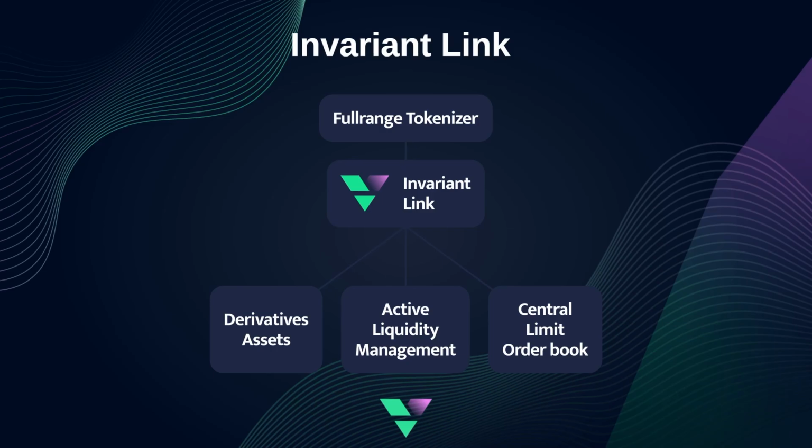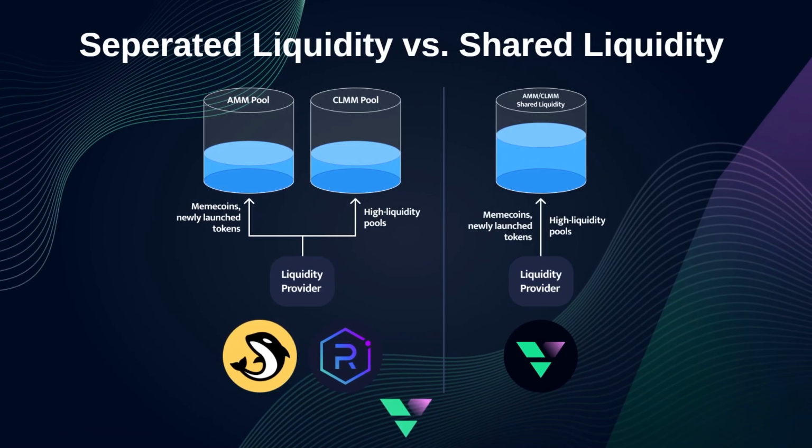Let's delve into how liquidity provision works on the 2 largest DEXs on Solana, Orca and Raydium. These platforms offer 2 main options for providing liquidity: a traditional AMM, where liquidity is spread across the entire price range, and concentrated liquidity position. This division leads to fragmented liquidity across different pools, posing a significant challenge, especially in emerging ecosystems where new tokens often have low liquidity. The lack of effective liquidity aggregation solutions like Jupiter makes this issue even worse. Consequently, this fragmentation could be a problem for the Eclipse ecosystem.